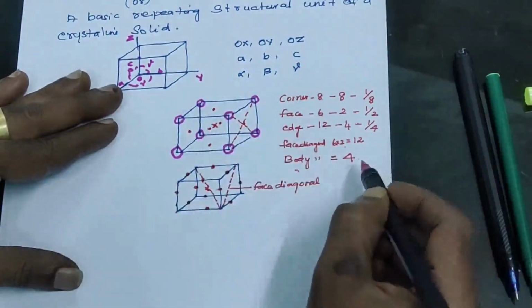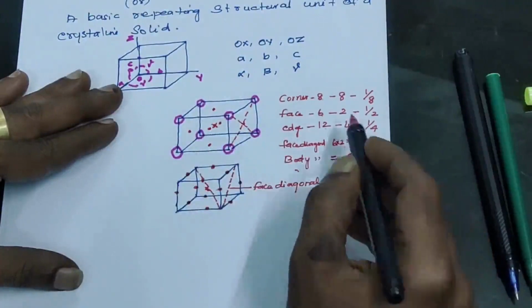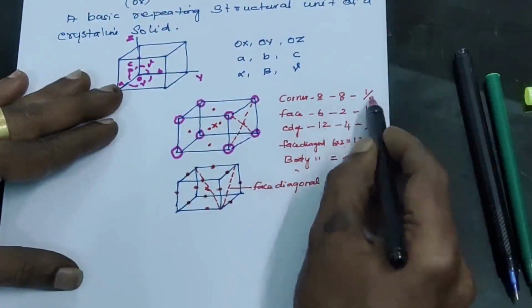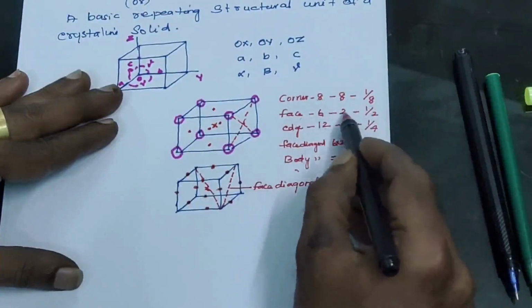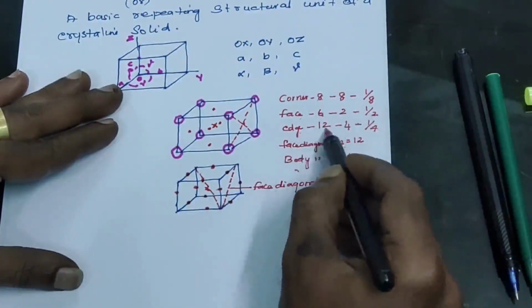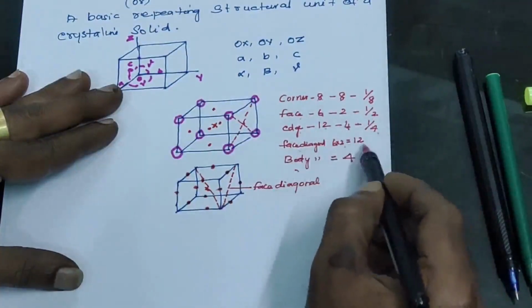Also face diagonals 12, body diagonals 4. So total corners 8, shared by 8, contribution 1 by 8; total faces 6, shared by 2, contribution 1 by 2; edges 12, shared by 4, contribution 1 by 4;